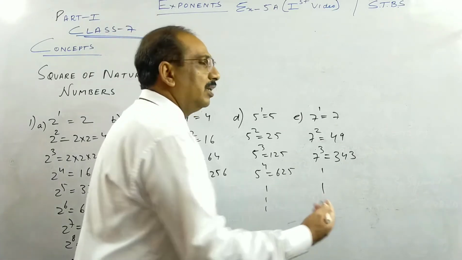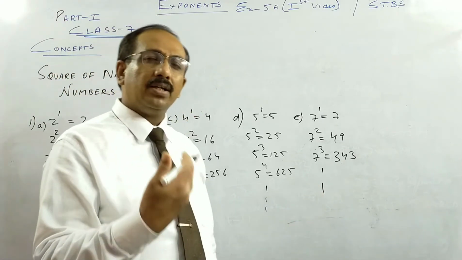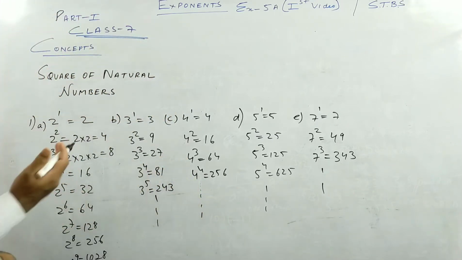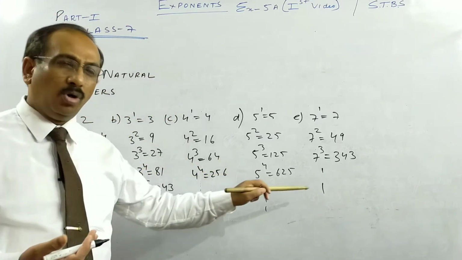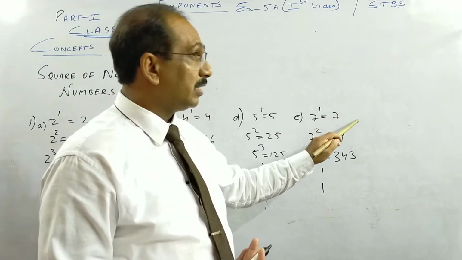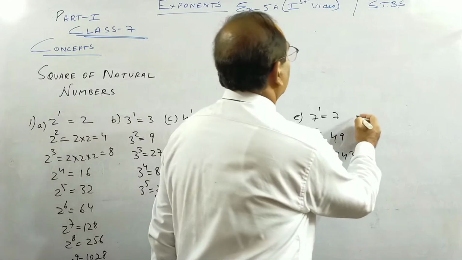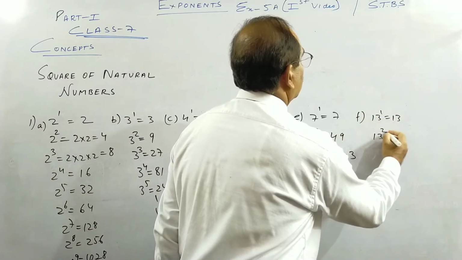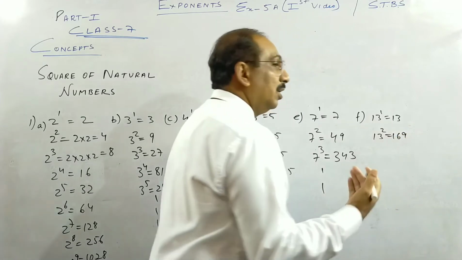So like that, 10 squared is 100, 10 cubed is 1000. So like that, these are very important, children. So please write. You can write a little bit more. Okay, you try after that 9, 10. You can try with the next, 13. You may try. Okay, 13 squared is 169.